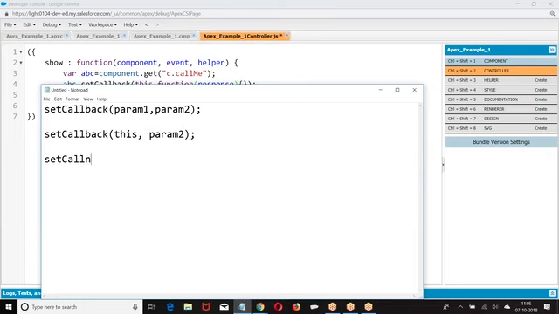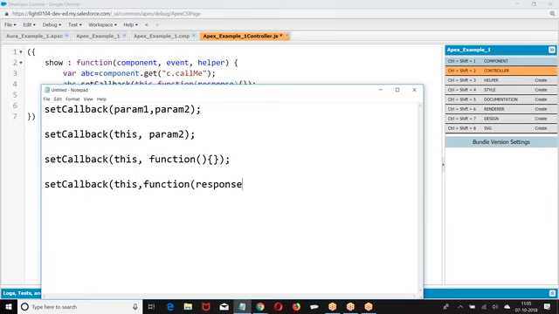First parameter is this, then comma function. In the function we have a parameter, response.